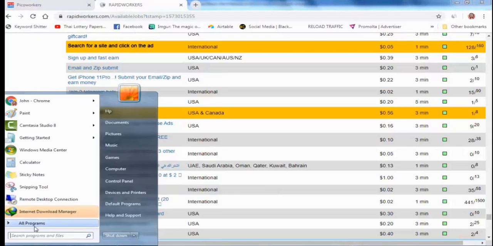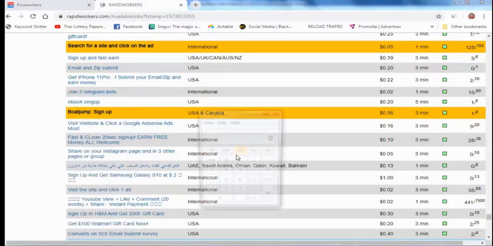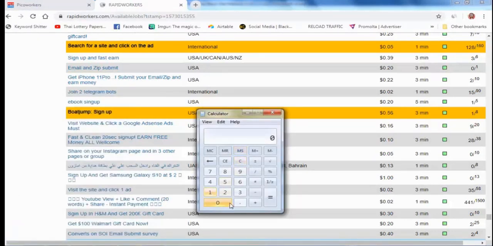We will calculate now. Here is the calculator: 0.16 times 20. This person is paying only $3.20 for 20 clicks from USA. And what they earn, you can work out.